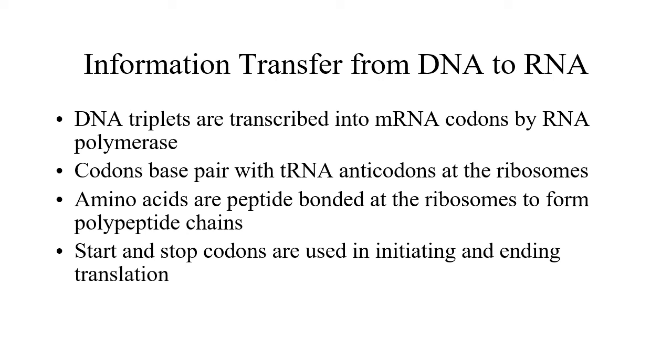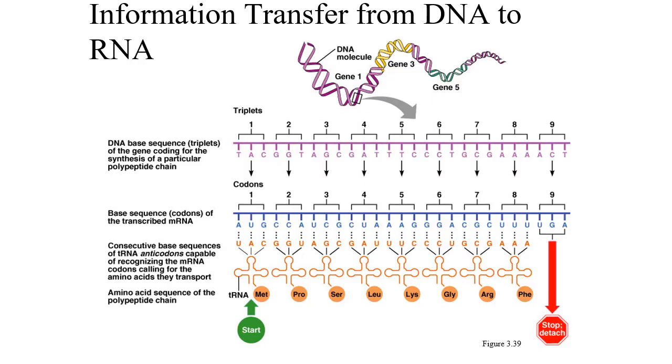So the transfer itself begins on the DNA, and I'm going to skip the slide here and move to the image here to talk about it. We start out with our triplet on DNA. In this case, we have our TAC. T gets us an A on mRNA, A gets us a U, and C gets us a G. So our first codon there on the mRNA is AUG, which is our start codon, which means that a tRNA